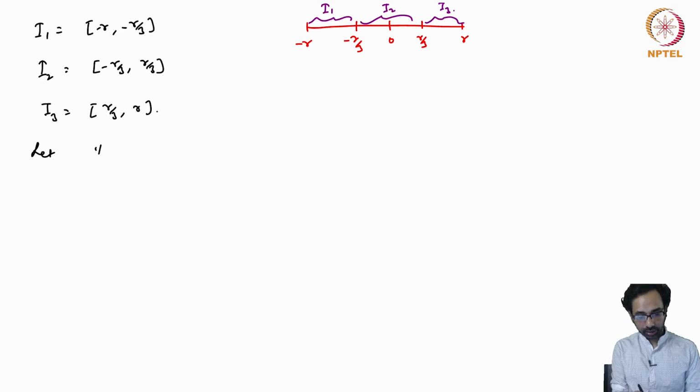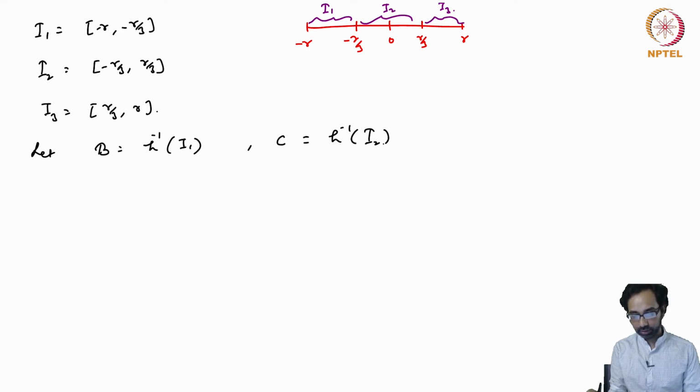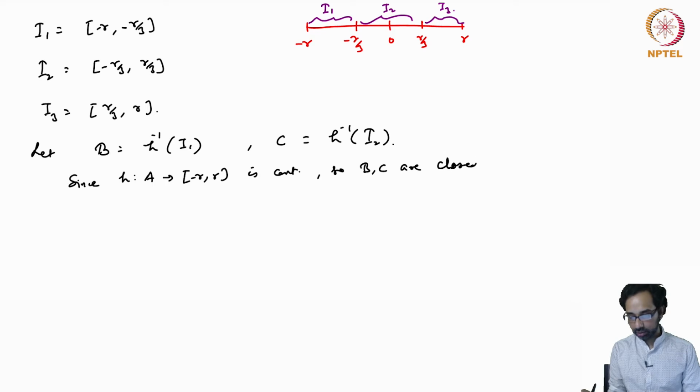Now let B be the inverse image h inverse of I1, and C be h inverse of I3. So since h is a continuous function, B and C are closed